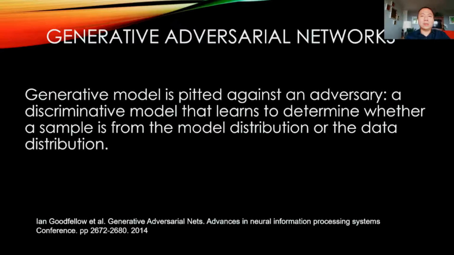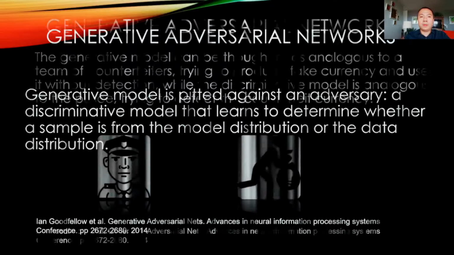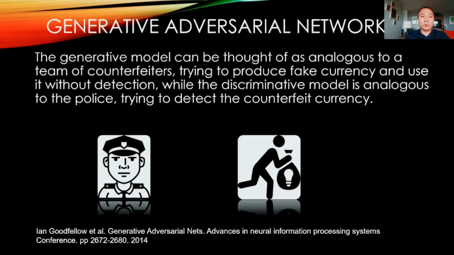So there are actually many types of generative networks, but so far most of them just use likelihood ratios and all that. It's the generative adversarial networks that are more into creating a more perfect version of the image or the model that you want to copy. So again, there are many types of generative networks, but in terms of generative adversarial networks, we liken it to, or it is analogous to, counterfeiters and a cop.